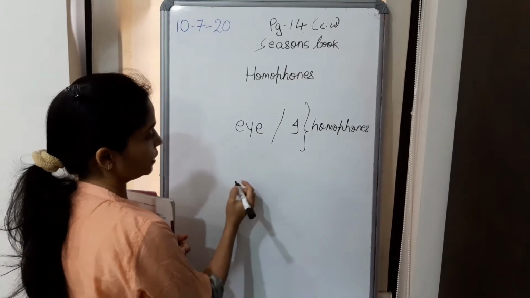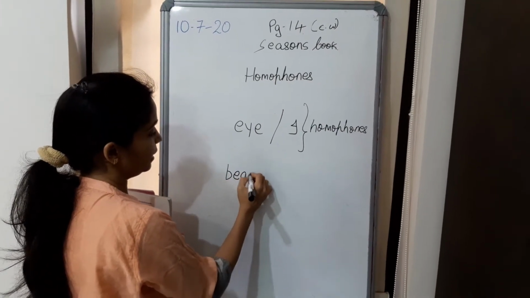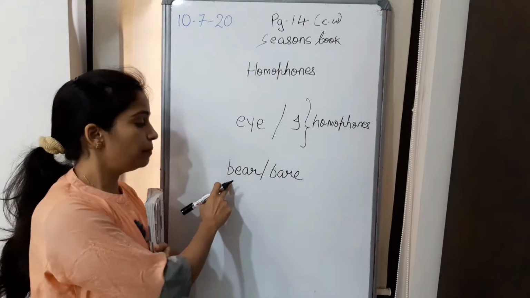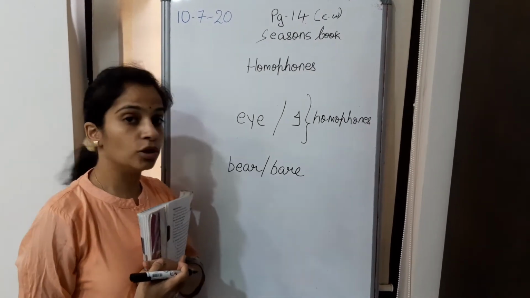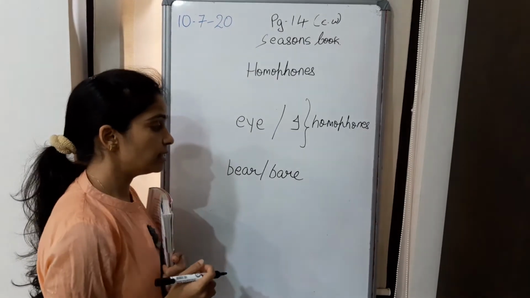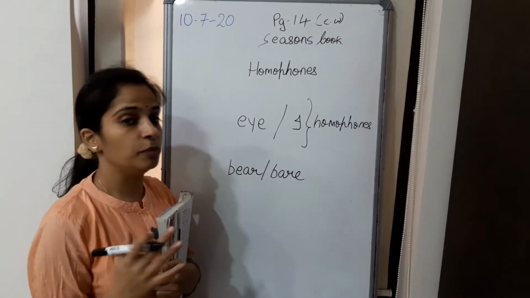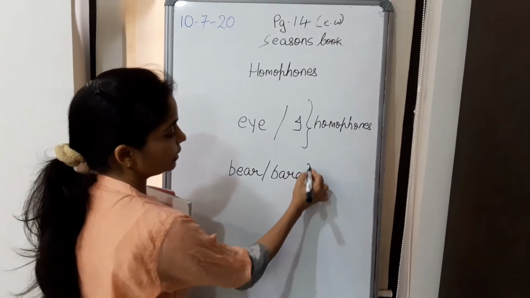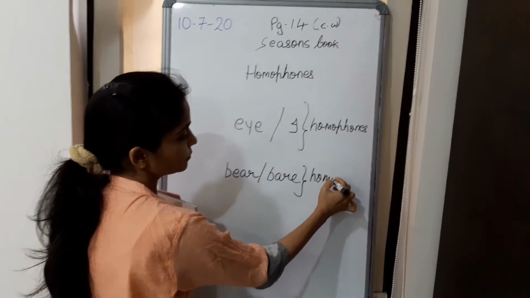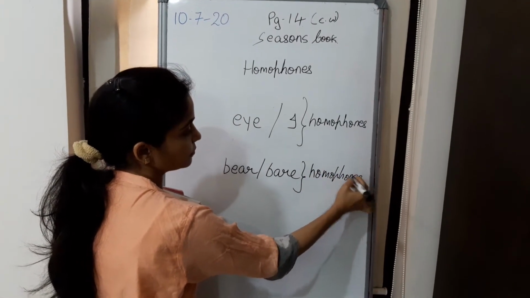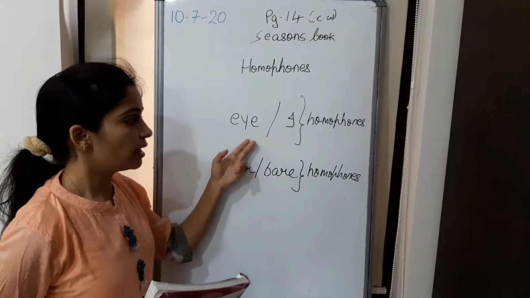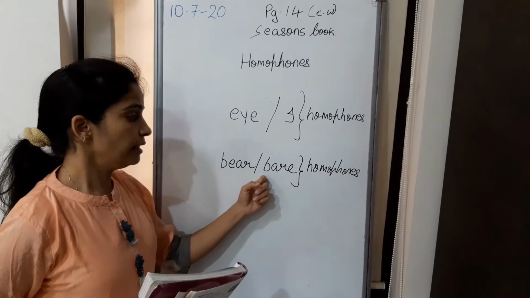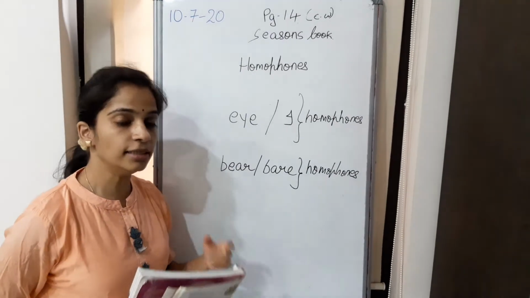Now again I give you an example of bear. B-E-A-R and here is B-A-R-E. Now this is an animal, B-E-A-R. I saw a bear in the zoo. Now what is this? This means naked. For example, she is barefooted. That means she is not wearing any footwear. So again this is a homophone. Yes. So this type of words are called homophones, which have different spelling and different meanings, but the sounding is the same.